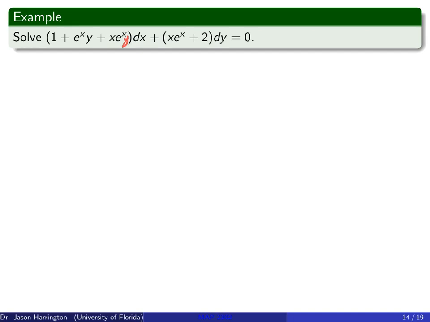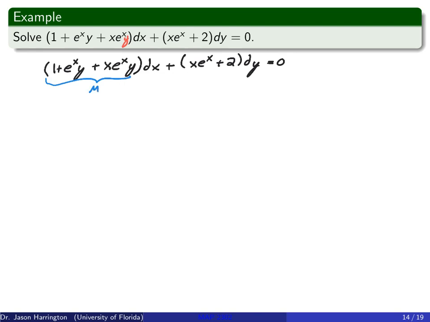So, I have, let me rewrite this out. Now it's interesting, like I said, if you were to check this without that little red y in there, you would actually see it's not exact. Which tells you can't use this method. But luckily I fixed it real quick. X e to the x plus 2. It's really terrible to work on an ODE for a long time, only to realize, hey, you can't even solve it. So for this little guy, I'm going to call this M. And I'm going to call this little guy N.